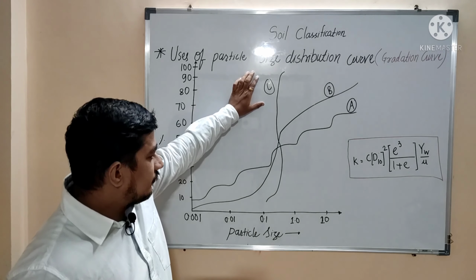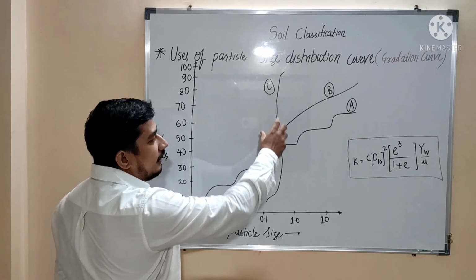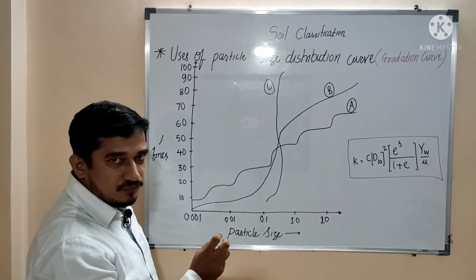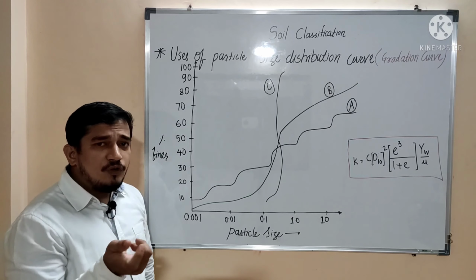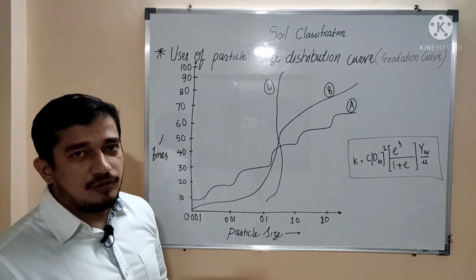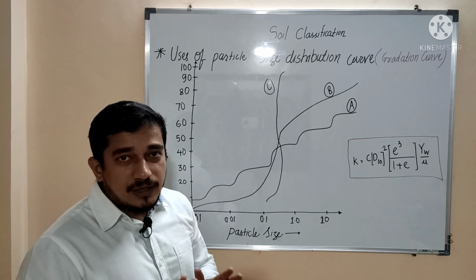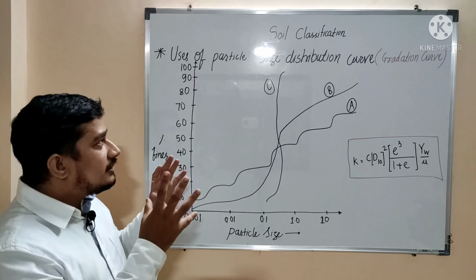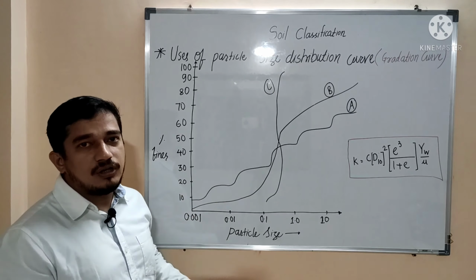If you consider this C, okay, it is nothing but nearly a vertical line. Okay, so it indicates that only some particle sizes are present and it is covering all y-axis. That percentage finer, all of the range it is covered. Okay, so it indicates that within the soil mass only 2 to 3 range or some range of the soil size particle is present. Okay, so the soil is uniform. Okay, that is indicated by this C curve. So this is how, depending on this particle size distribution curve, we can identify what type of a soil it is.